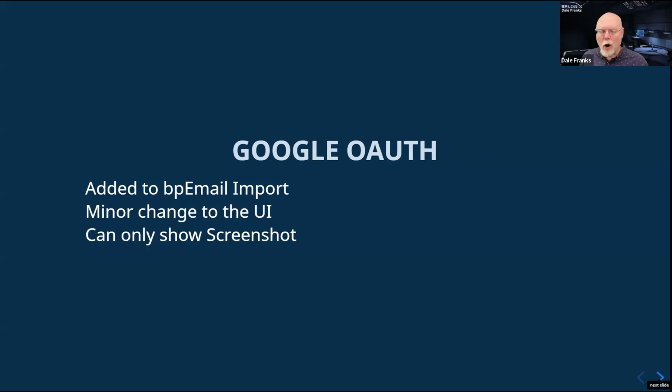We are adding Google OAuth to Process Director as an authentication method. We actually have a customer who does everything in Google, which is fairly unusual because I know that most customers are using Azure and Active Directory and Exchange for email, but we do have at least one customer who does everything via Google. And so therefore, in addition to covering Microsoft's OAuth, we also have to cover the Google flavor of OAuth as well. We've added it to the product, which I believe I showed you last time.